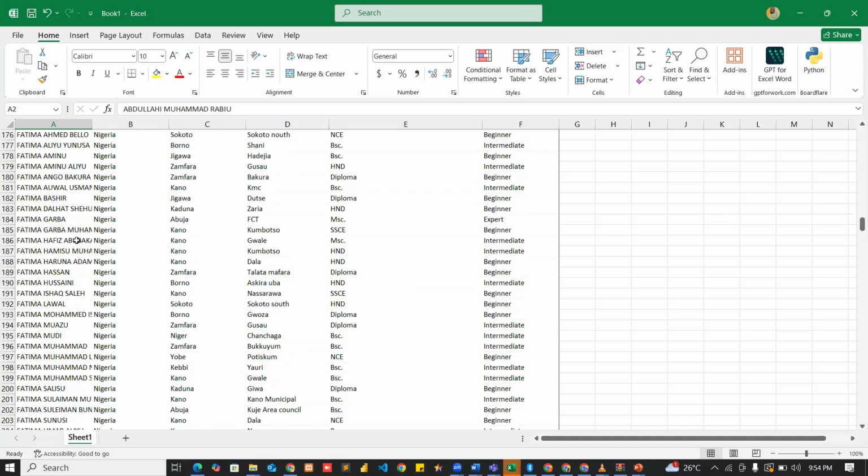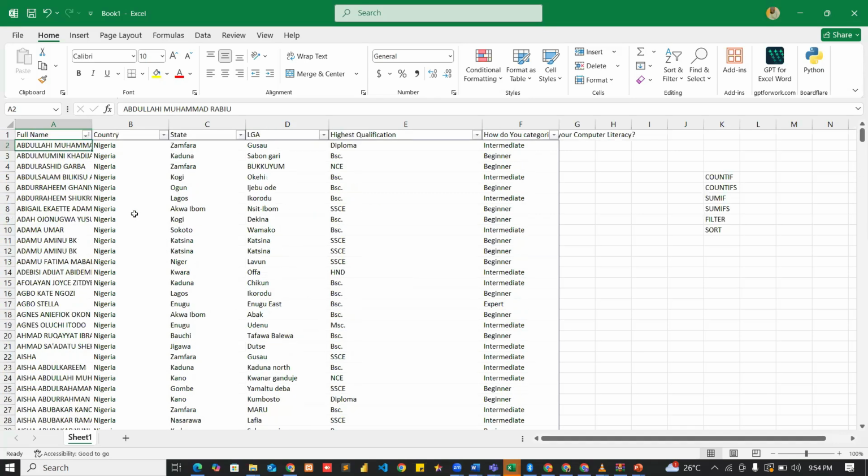If you know your name is Zaharadin, you have to scroll down to the last one before you can check your name. So this is how you can ease the sorting so that you can simply access your name, instead of leaving the data in random order. Now, the next thing after the sort is we are going to talk about these formulas: